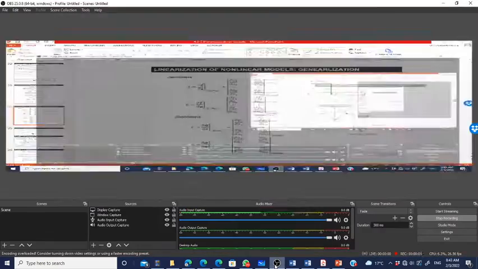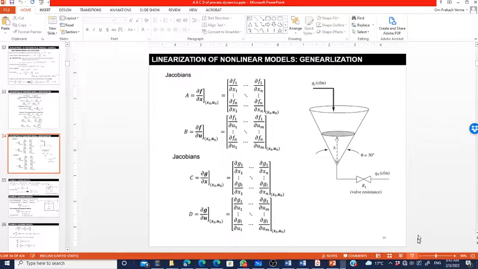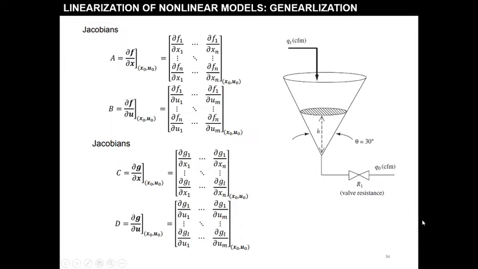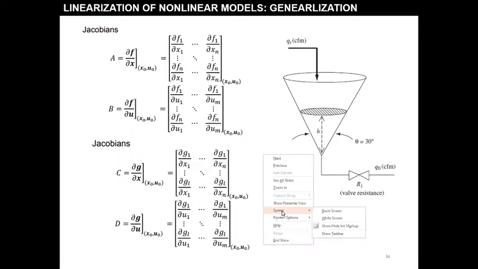So in the previous lecture, we went through the linearization of the nonlinear model. We have seen the example for the single variable, two variable, and the generalized nonlinear models. In the generalized nonlinear models, you have to find the Jacobian matrix for the linearization purpose. As we already discussed, if the model is complex and the model is a simultaneous